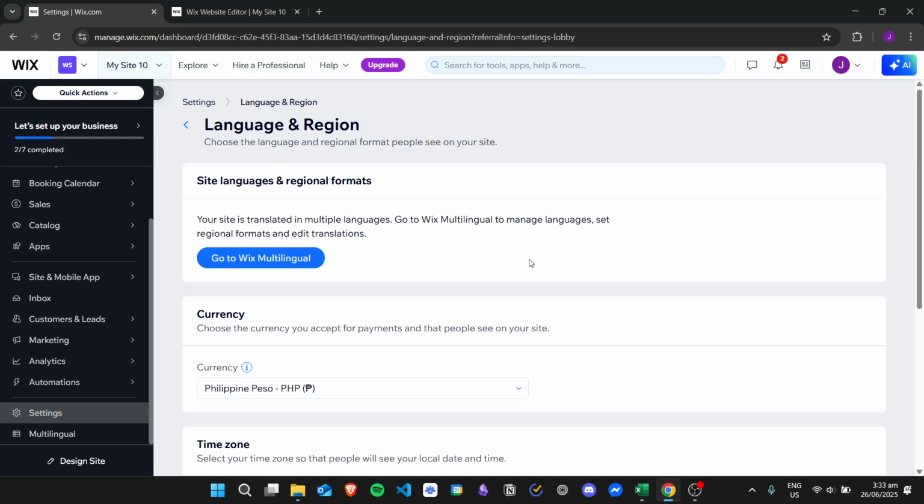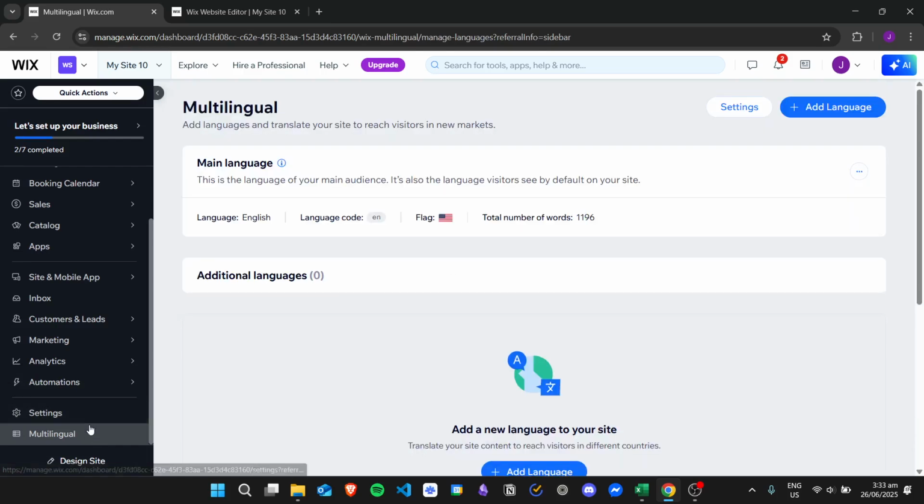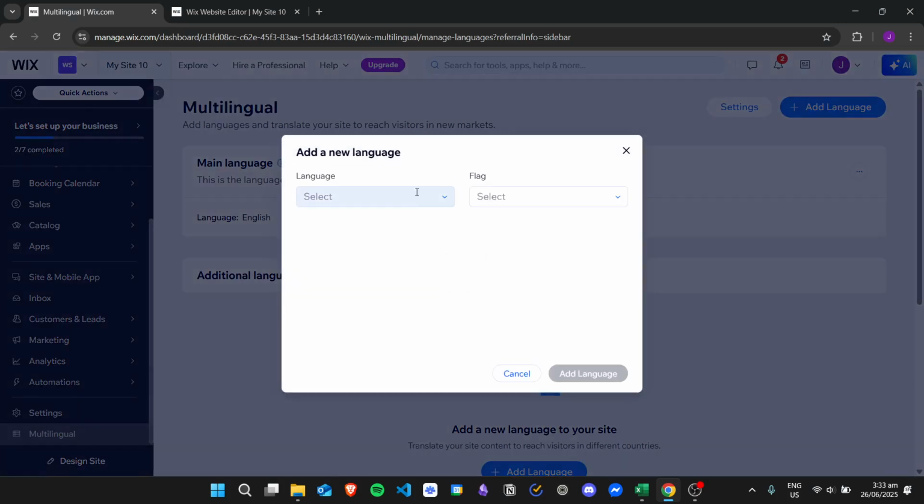So what you will do is enable first the Wix multilingual option. And then I will go to the multilingual page, and then it will have this one. Make sure you have this one present in your website, and then from here you can just choose to add language. And then for example, I will add